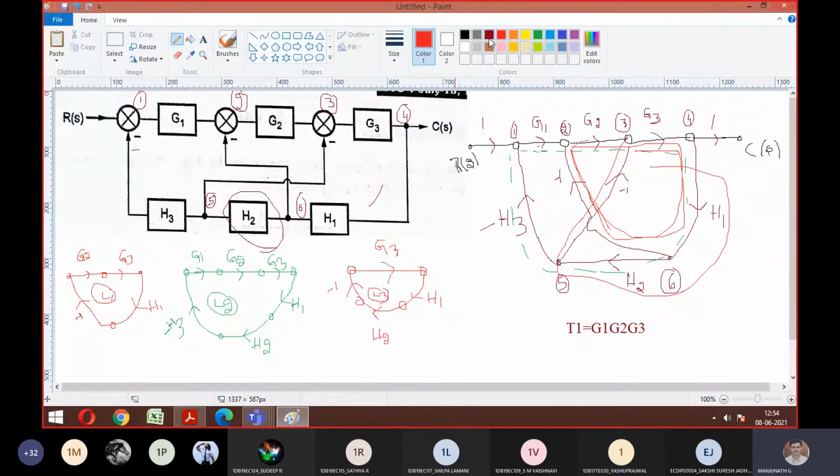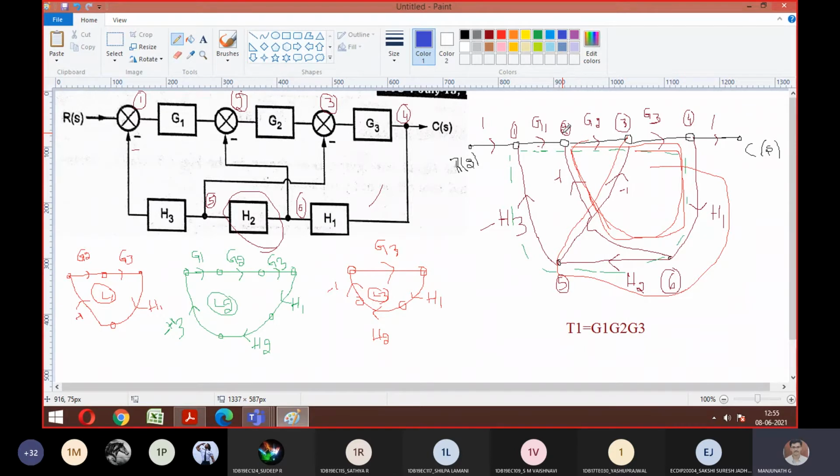Okay. Someone told one more is there. Which is that? Sir, that was repeated loops. Okay? See, I told right. The same path should not be traced, or the same node should not be touched twice. So the starting point and ending point should be the same. So are these the three possibilities we can get for the individual loops? Everyone agree? Yes, sir. Okay. So we have covered individual loops L1, L2, L3.